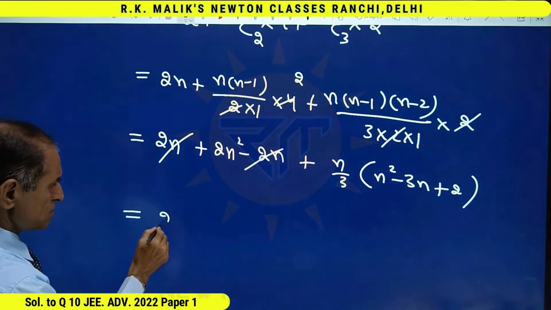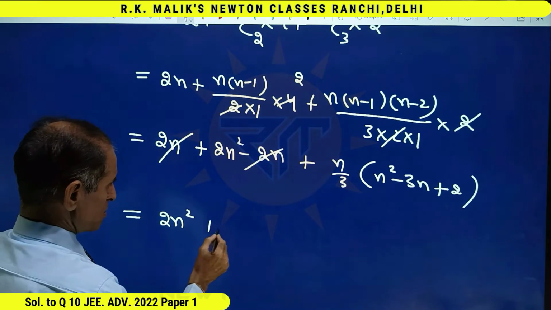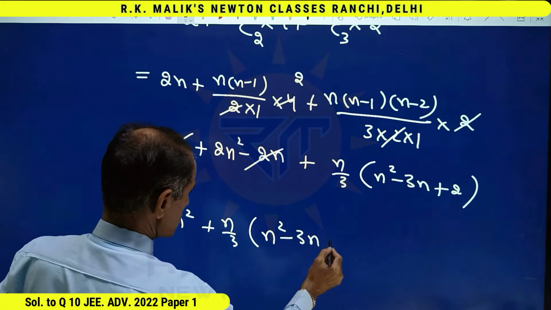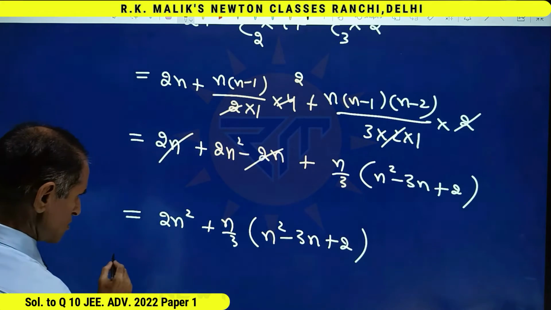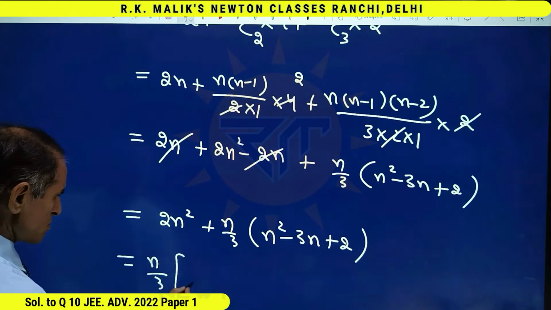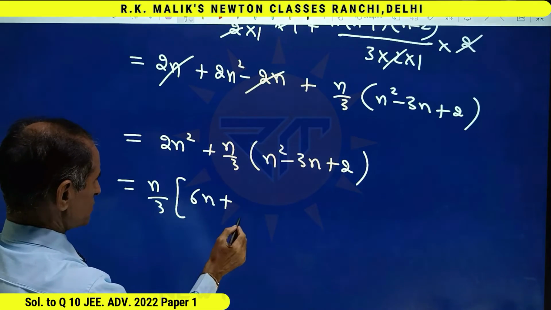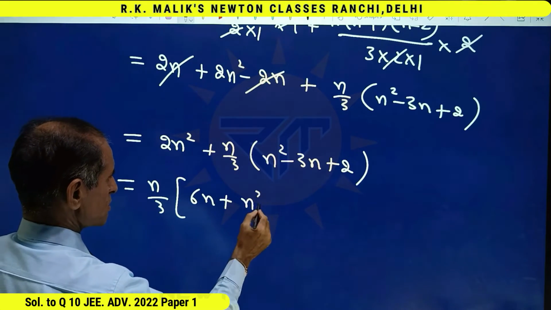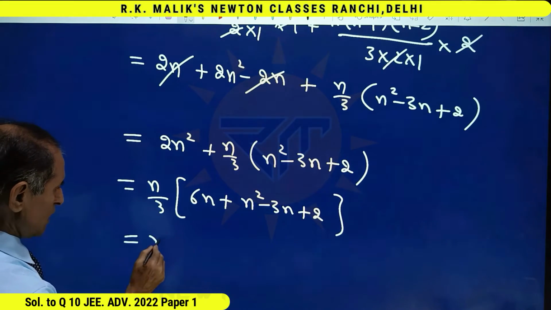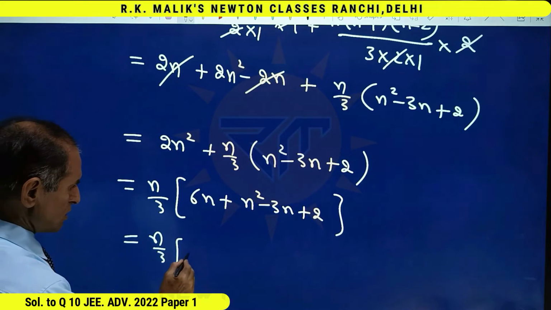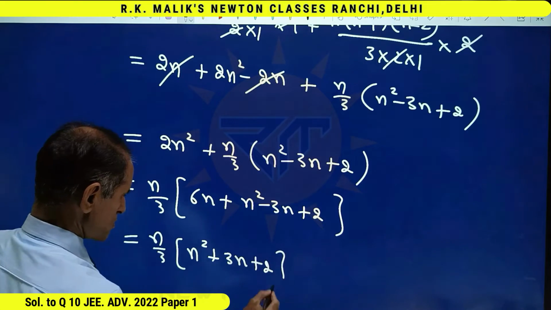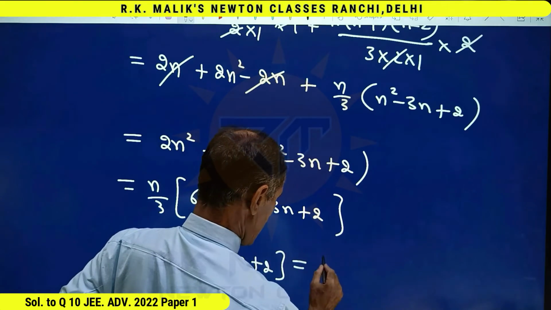That is, I get ... that is 6n plus ... that is n by 3 into n square plus ... that is, I get n into